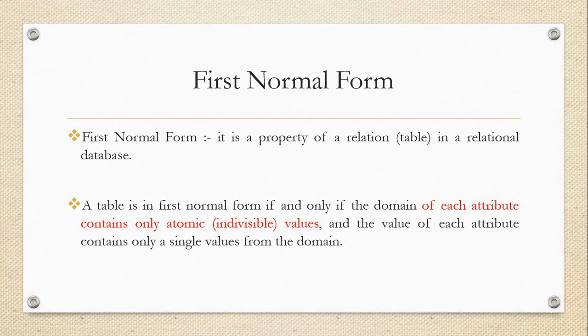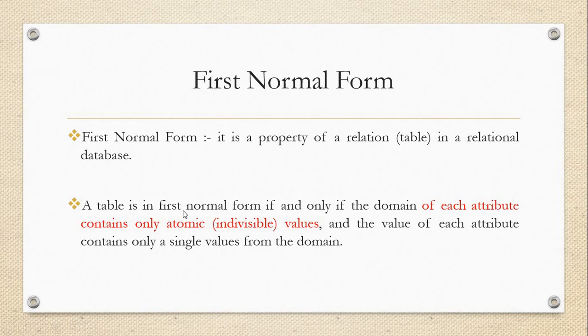When you use an e-commerce website and try to send a parcel, they ask for the first name separately and the last name separately. A human user can easily understand which is the first name and which is the last name, but a computer can't. For that reason the first normal form was developed. So make a note of that.